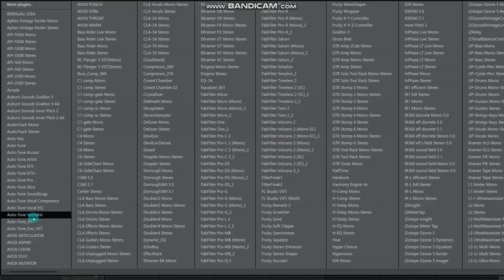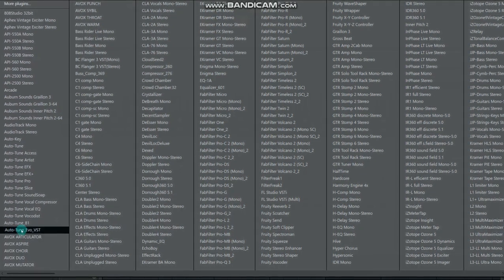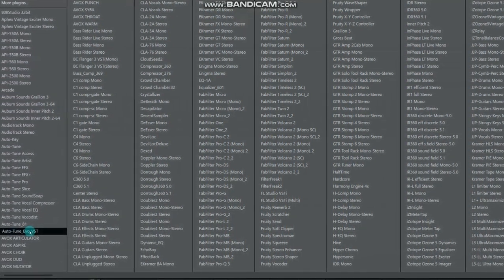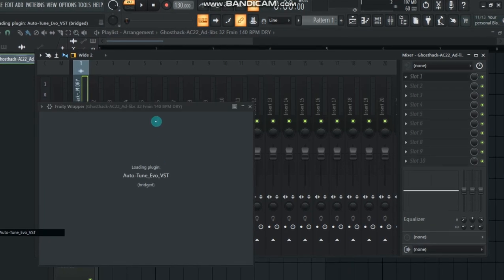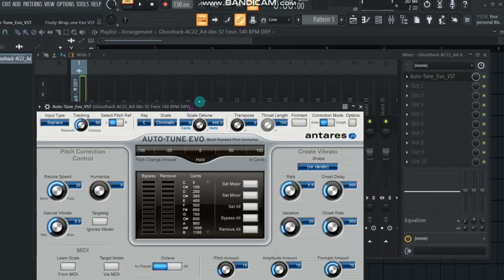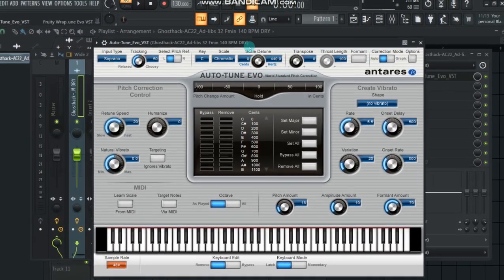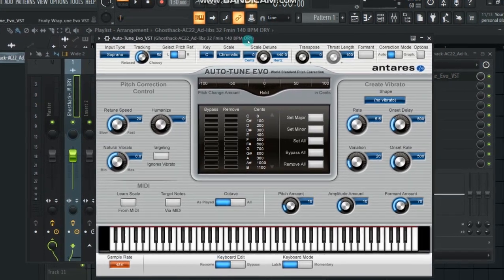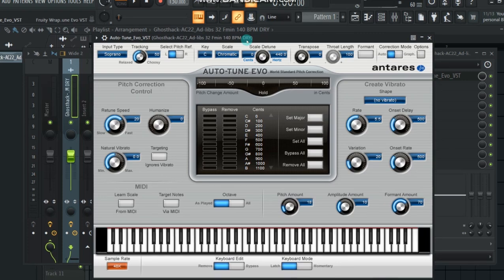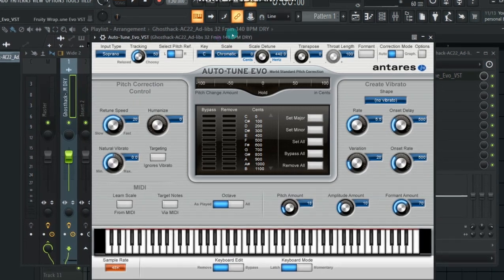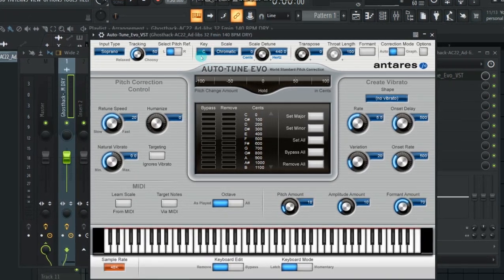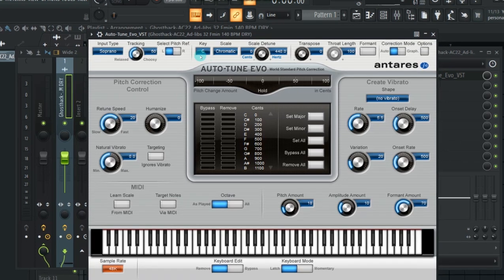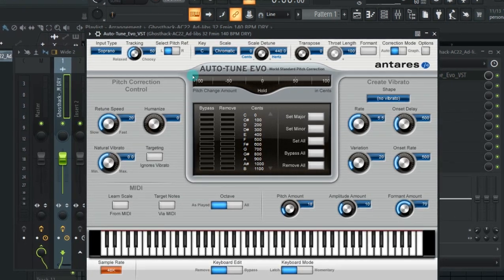Now first, let's look at the very first auto-tune on my list, and one of the oldest versions of auto-tune, the Auto-Tune Evo VST. We're going to try this, and I'm going to use it to explain auto-tune to you. No matter which auto-tune you are using, just follow the tips that I'm going to tell you in today's video. Everything is super simple. Anytime you pick auto-tune, for you to sound great, you need to know the key of your